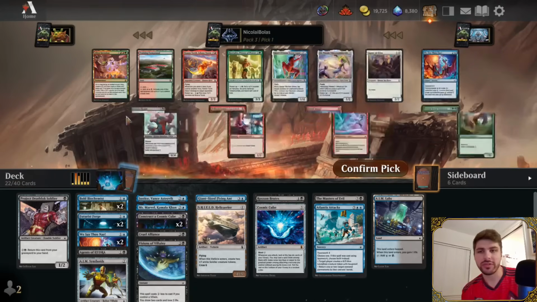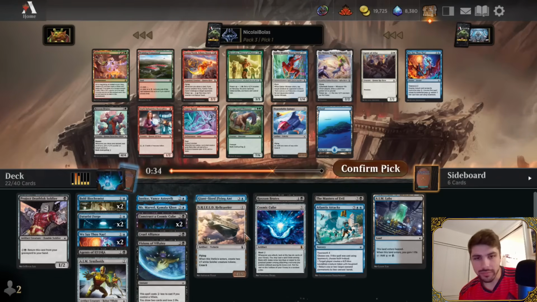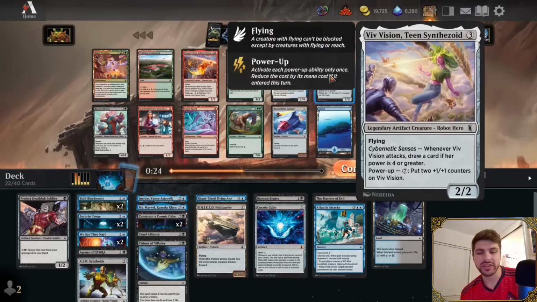Okay, pack 3. We already have a full deck, so let's just make it better. Red, green, rare. Not where I'm at, unfortunately. But I like Viv Vision. So it just draws me a card passively every time if I attack and her power is 4 or greater. I don't really have ways to buff her power. There's also Spider-Woman, Dependable Quinjet, another We Say Thee Nay. I'll probably just take the Viv Vision. If I can get this rolling, I can use it to win the game. It works with all of the cubes that I have. It's hard to get her power up, but...